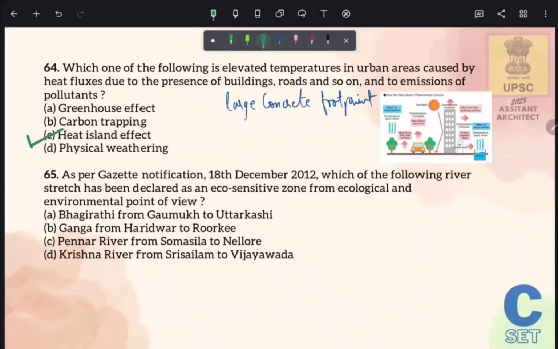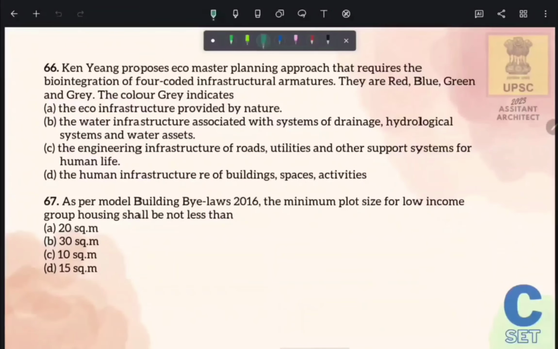Next question is, as per the Gazette notification of 18 December 2012, which of the following river stretches has been declared as an eco-sensitive zone from an ecological and environmental point of view? So as per this Gazette notification, the Bhagirathi river, from Gomukh to Uttarkashi, was declared eco-sensitive from the point of view of ecology and environment. Therefore the correct answer of this question is option number A. Next question is,